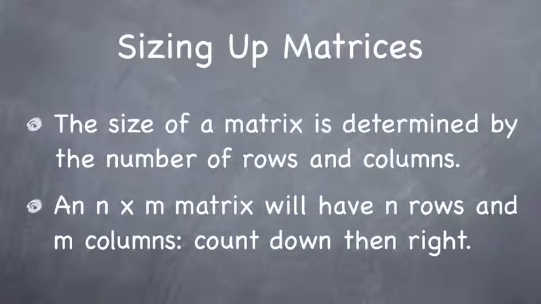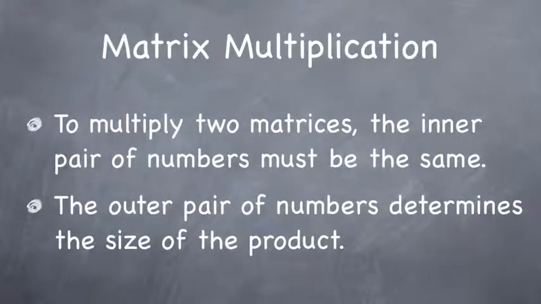So the way that we look at the size of a matrix, count down and to the right. So start at the top left of the matrix, count down, that's going to give you the number of rows, and then from there count to the right. That's going to give you the number of columns. Now understanding how to talk about the size of a matrix is very important when we're talking about multiplying two